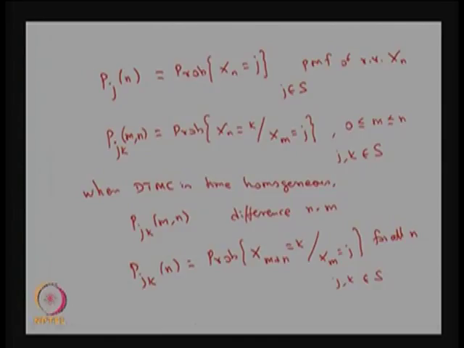That means the system was in the state j and it makes a transition into the state k in n steps,